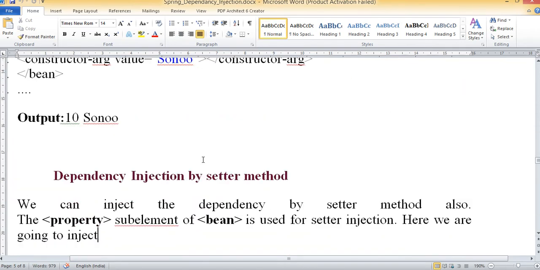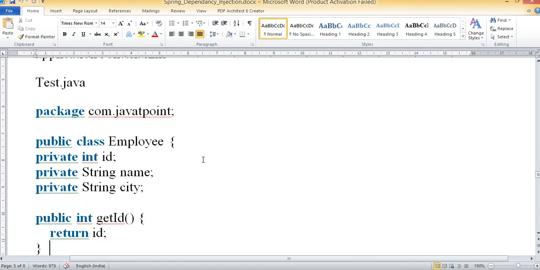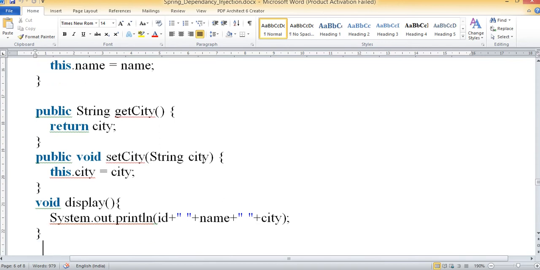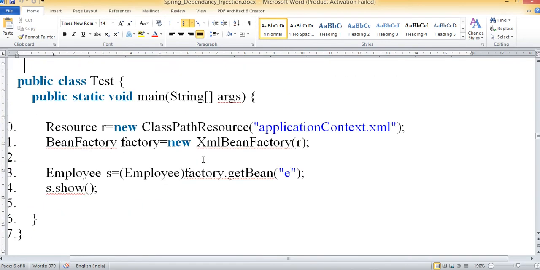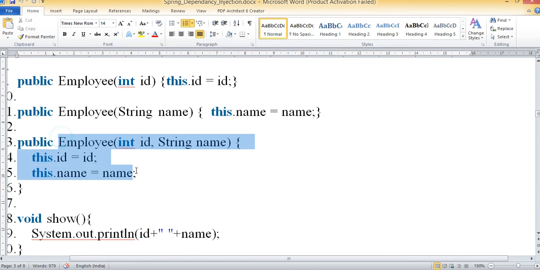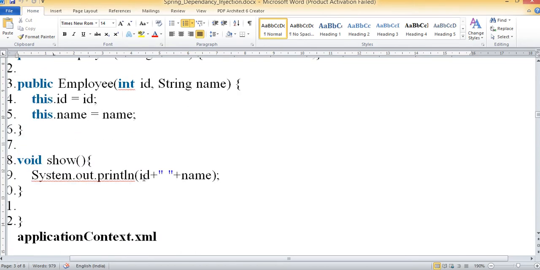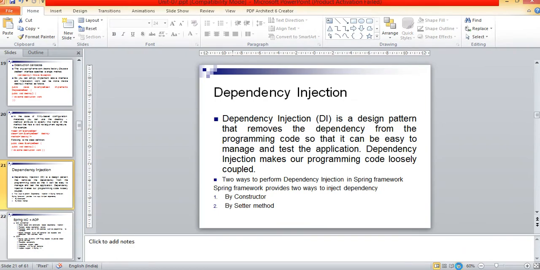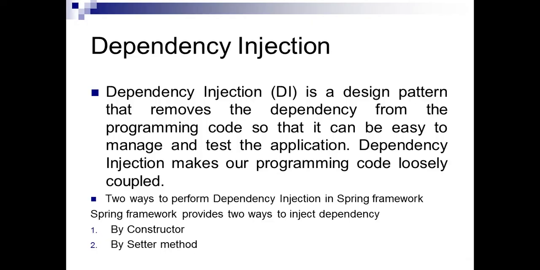So how can you work with the setter method? In a setter method, you need to create a class using setter methods, setCity, getCity, and so on. Clear? And in case of a constructor, what do you need to do in the JavaBean class? You need to make it constructor based. So dependency injection is a fundamental that helps make a class loosely coupled. Inversion of control and dependency injection are done automatically by the Spring framework to make code reusable through the dependency injection feature.